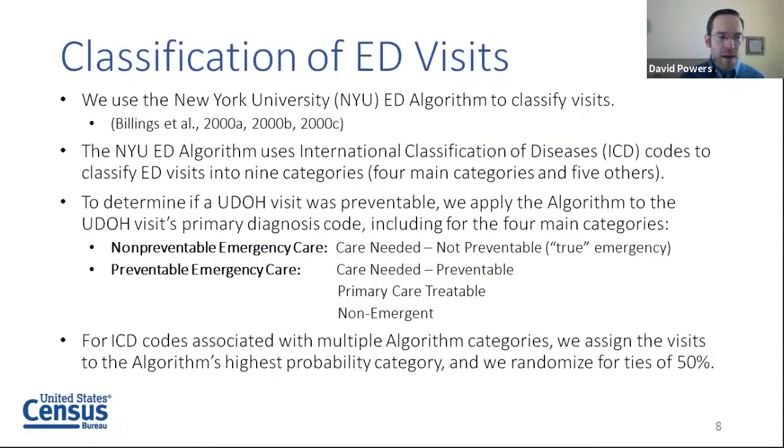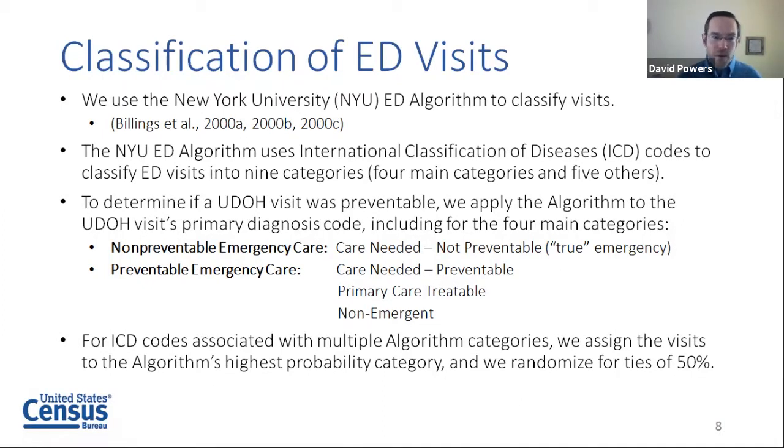So we classified the Utah ED visit data as follows. We use the NYU ED algorithm to classify the visits. We can see Billings et al. The NYU algorithm uses International Classification of Diseases, ICD codes, to classify ED visits into 9 categories. There are 4 main categories and 5 others. To determine if a Utah visit was preventable, we applied the algorithm to the Utah visit's primary diagnosis code, including